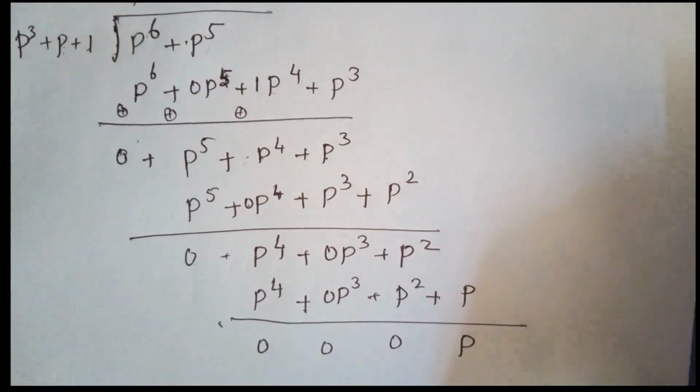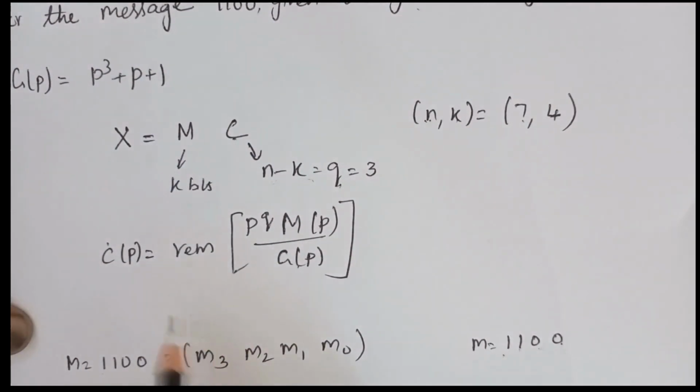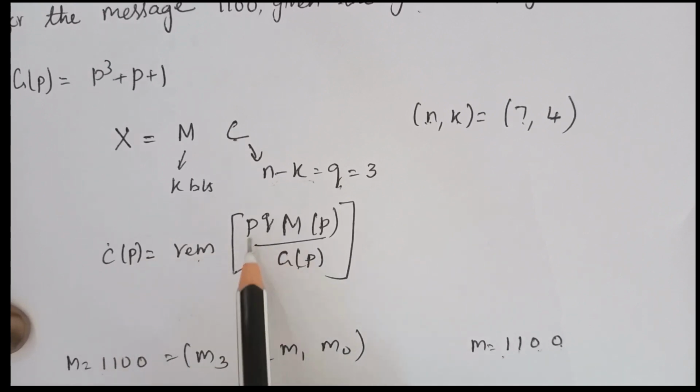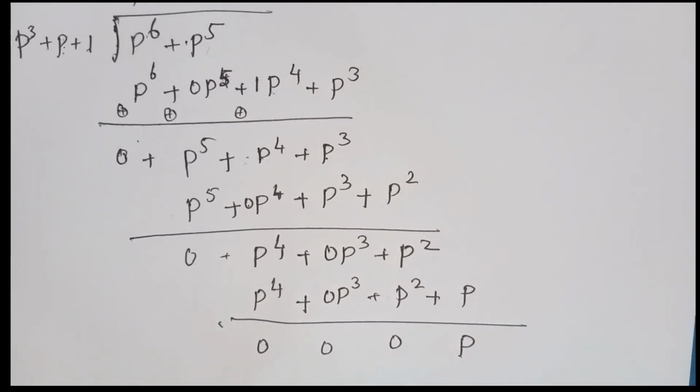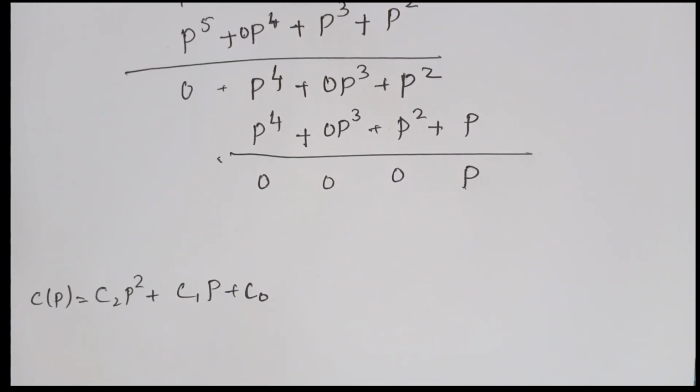So you all know the formula we have seen here: the check bits polynomial CP is the remainder of p power 3 MP by GP. We have to just know the remainder. So the remainder is nothing but p, right? So we all know the length is n minus k, which is nothing but 3. So in general CP is going to be C2 p square plus C1 p plus C0, and what we have is p here, right? That means that the value of C0 is 0, the value of C1 is 1, and C2 is 0. So if we want to know the check bits, the value of check bits C is nothing but